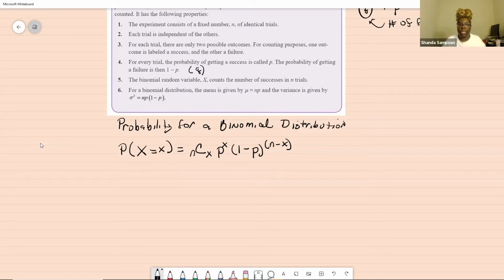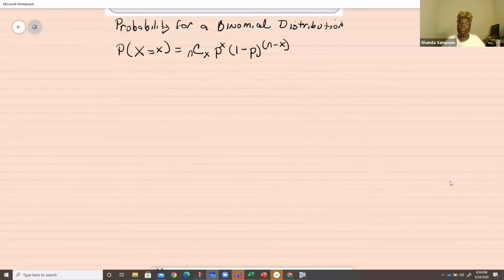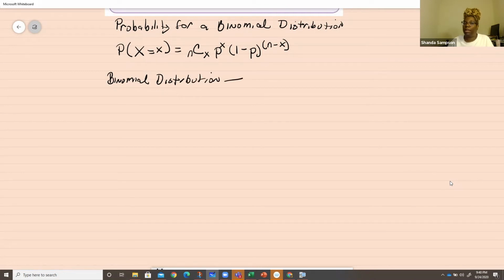We'll actually be doing these in our calculator. Because we're going to be using our calculator for these functions, I'm going to walk you through the functions and what they actually mean. You will have to do a little handwork, because with the calculator for this information, you don't just punch it in and get out the answer. Sometimes you have to do some work. So let's talk about the calculator in this situation. We're talking about binomial distribution, and in your calculator you have 2 functions for binomial distribution, one for PDF and the other for CDF. 2 different functions. Hold on with me, because I know you're confused.